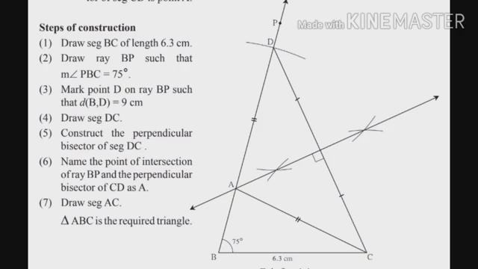And then join the point you get on the sum of sides, that means on the angle ray, with the base. Now bisect the opposite side of the angle ray. Now the perpendicular bisector intersects the angle ray at one point. Take that point, that is your required vertex, and complete your required triangle. These are the basic steps to construct the triangle when length of base, one angle and sum of two sides are given to you.